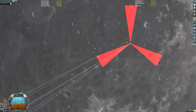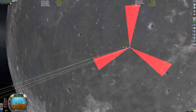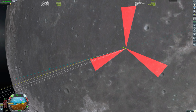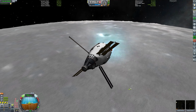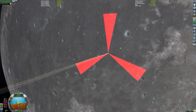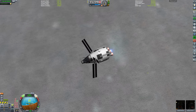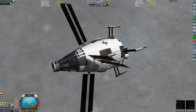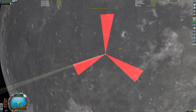So we're actually firing all three engines now, and what we're going to do as we come up over the top of the vessel is just turn off the outside two engines, leaving us with the one single engine limited with its thrust right down, so that we can come and touch down nice and gently and control our descent to bring ourselves right down over the vessel. Pop out those landing legs there, we'll bring in the solar panels, we don't need to risk those at the